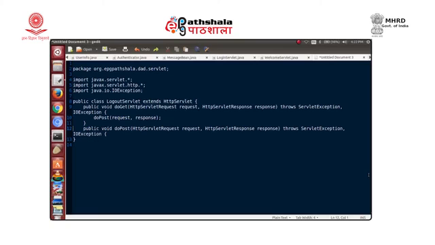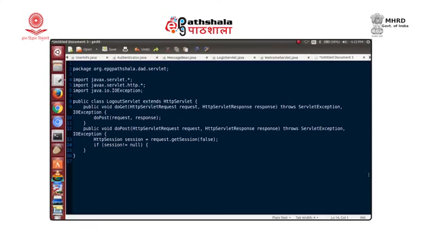It has a throws for the servlet exception and the IO exception. Within the body, the first thing we do is get the session, get session false. If there is any session, fine, we are not interested. If there is already a session, then we may be interested. If it is not there, fine. So, if the session is null, if we did not find one, and if the session is not null,